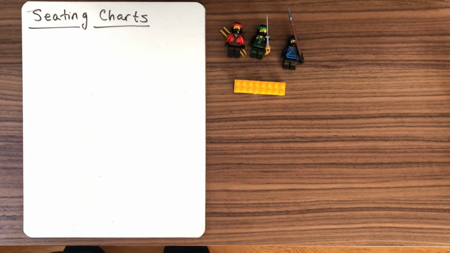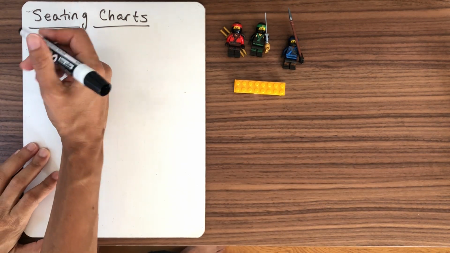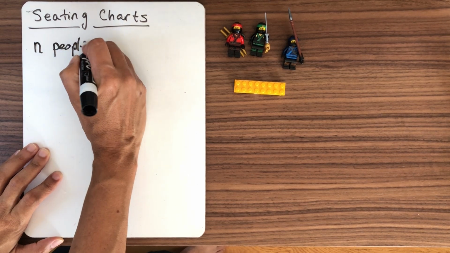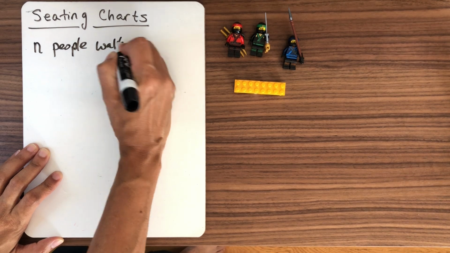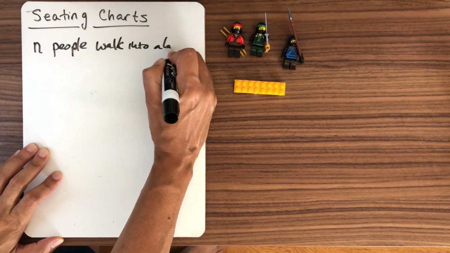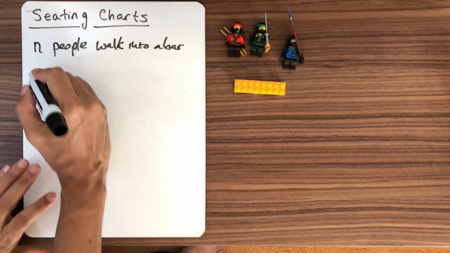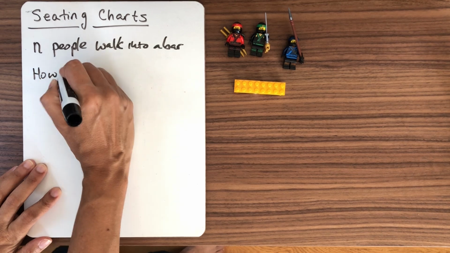Today we're going to talk about permutations, and the way we're going to think about them is as seating charts. So pretend that 3 pirates walk into a bar, or in general we're going to have N pirates walk into a bar. And let's suppose there's one bar and they want to sit at the bar. How many different ways can we do that? So that's the question. How many ways